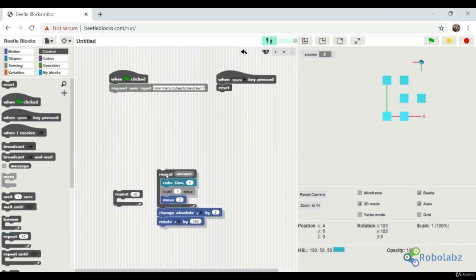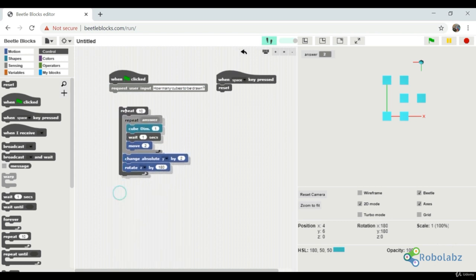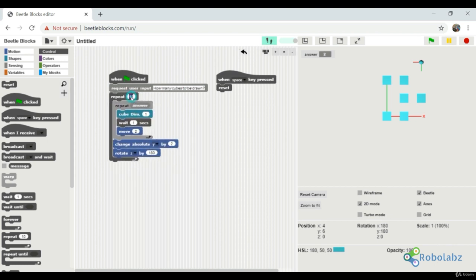And we will put all these statements under this repeat loop, and we can remove this and repeat it 3 times. So what we have done is, we have put this complete statement which was repeating 3 times into another repeat statement, and we are repeating this statement 3 times. So let's run it and see the result of the program.